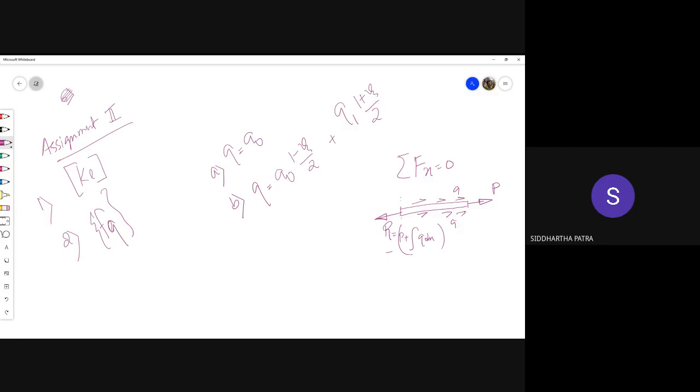So here if you are talking about reaction force, it's not how much force the bar is applying to the wall or anything. It's not that. It's how much force must the bar be subjected to in order for it to be in equilibrium under the set of external forces that are already being applied.